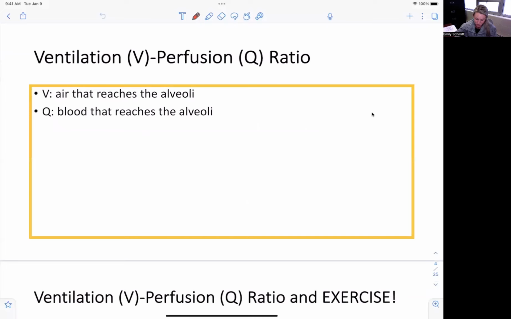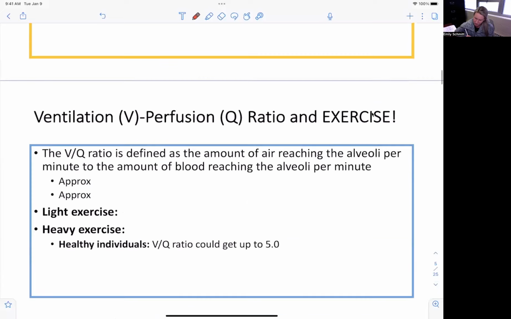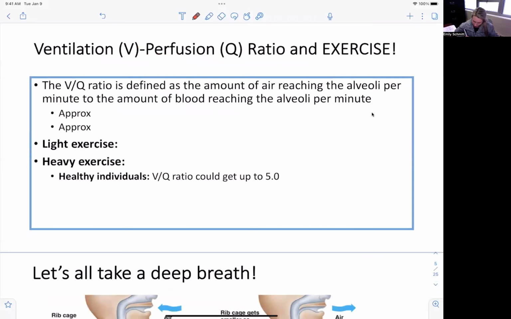So we have introduced this idea of the ventilation perfusion ratio, and we have said that V is air that reaches the alveoli per minute, and Q is blood that reaches the alveoli per minute. So this is our VQ ratio. Let's talk about a little bit of a review, and then we'll get into what this VQ ratio is like during exercise. So we know that at rest,